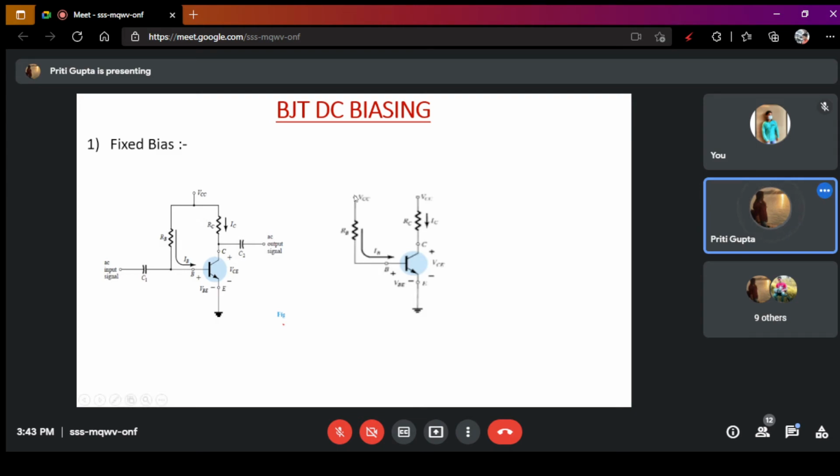You can see here VCC. Suppose you are giving 15 volt here, here is also 15 volt. It's not like you give 15 volt here and 12 volt here. No, we are giving the same voltage. So either you can draw it this way, or connect these two terminals and make a common VCC terminal, like it is drawn over here. You can do it either way. Both are correct. Clear? Up to this, clear?